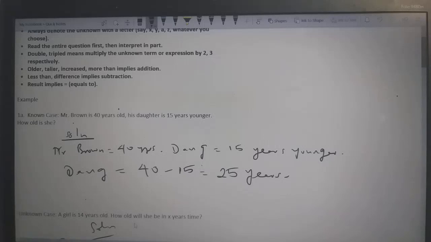We say Mr. Brown is 40 years old. His daughter is 15 years younger. How old is she? So, back to the rule, you take the information bit by bit. Mr. Brown is 40 years. That's the first statement. We know that. And then